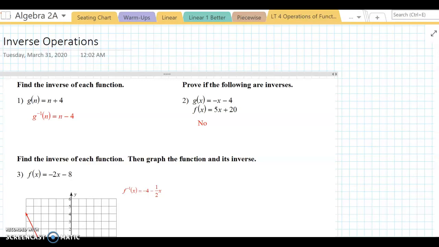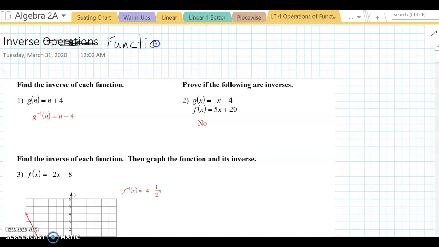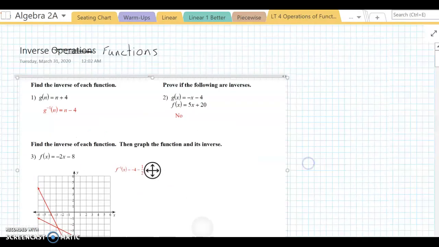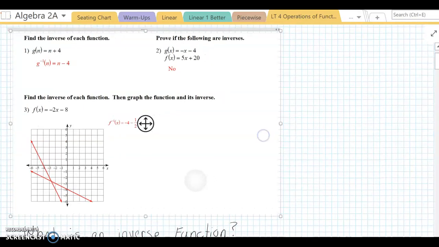All right, so this next topic that we have, it's still part of Learning Target 4. It's our last part before our test. It's about inverse functions. Actually, I put inverse operations. It's inverse functions. So what it looks like is basically on the test, it'll look like these three types of